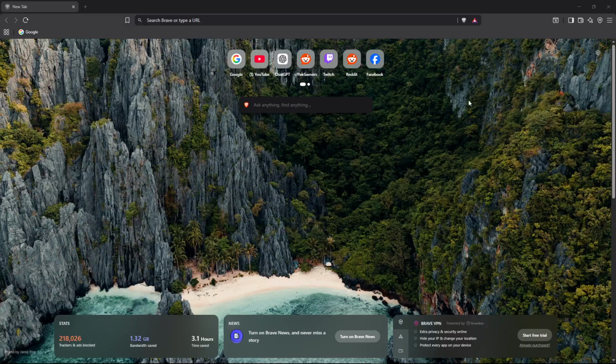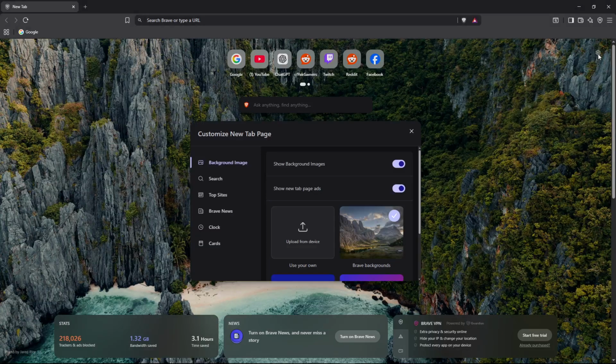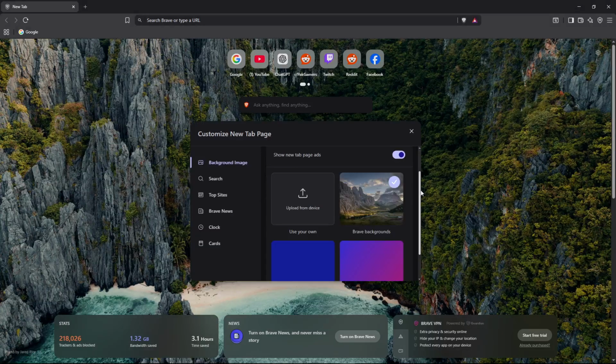First, open your Brave browser on your computer. Once it loads up, direct your attention to the upper right corner of the screen. You'll see a gear icon there, which is your gateway to the browser's settings. Go ahead and click on that gear icon to open up the settings menu where you can customize various aspects